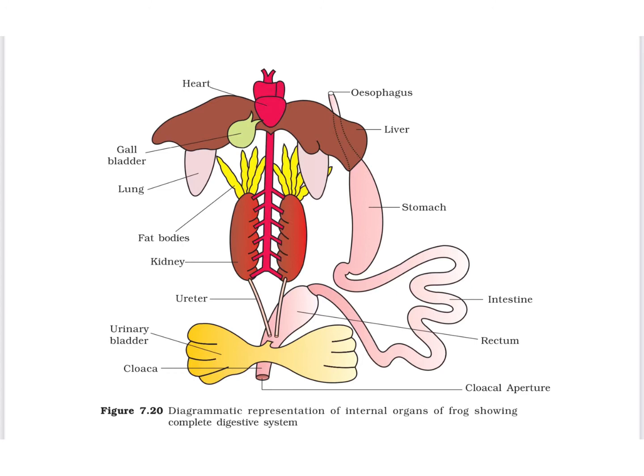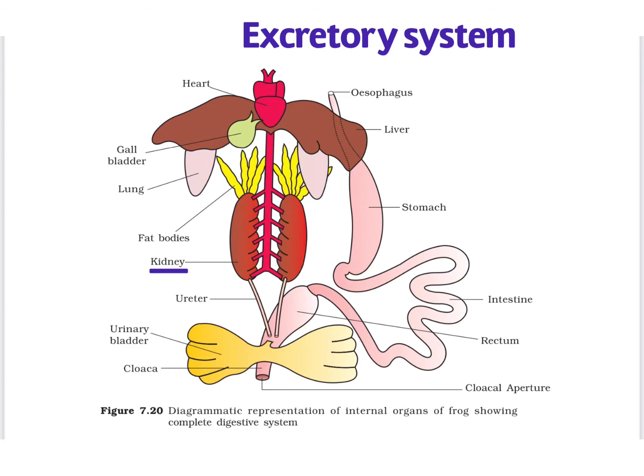Okay, let us discuss the diagram regarding only the excretory system. So here in the excretory system we will start with a pair of kidneys. So these are kidneys, and on the kidneys the fat bodies are also present. Then these are the ureters from both the sides. The ureters, tubular part, arise from the kidney. Then they will join with the cloaca and then the cloacal aperture, which is the outermost opening,